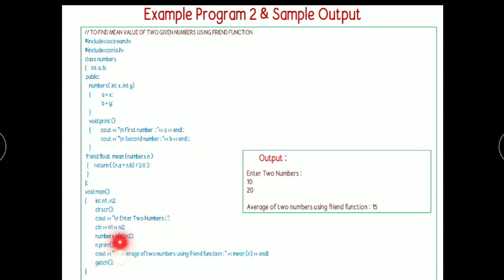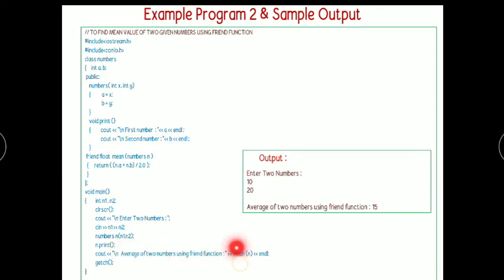Now we are creating the object n of the Numbers class with the two values n1 and n2. So the first value 10 will be passed to a and the second value 20 will be passed to b. Then we are calling the print method. So the print method will print the two numbers.